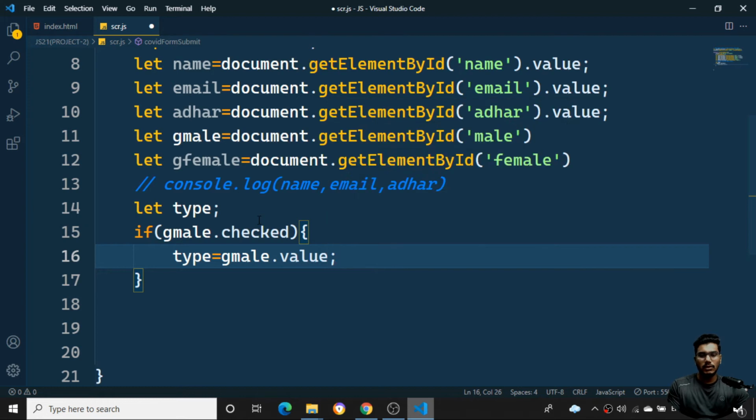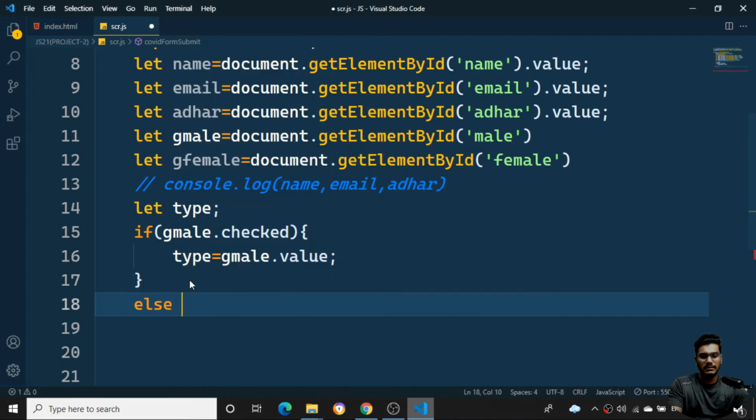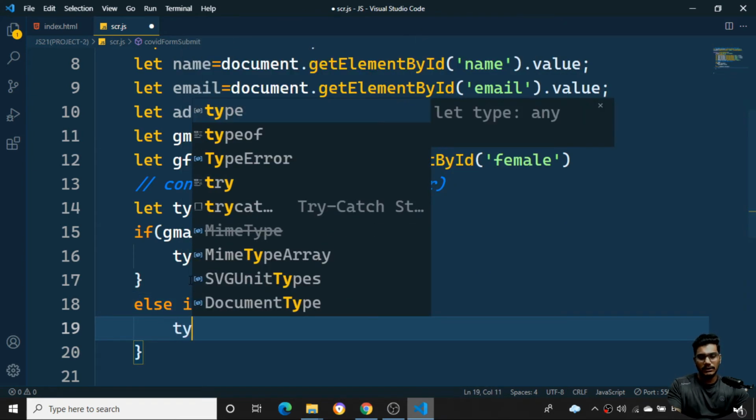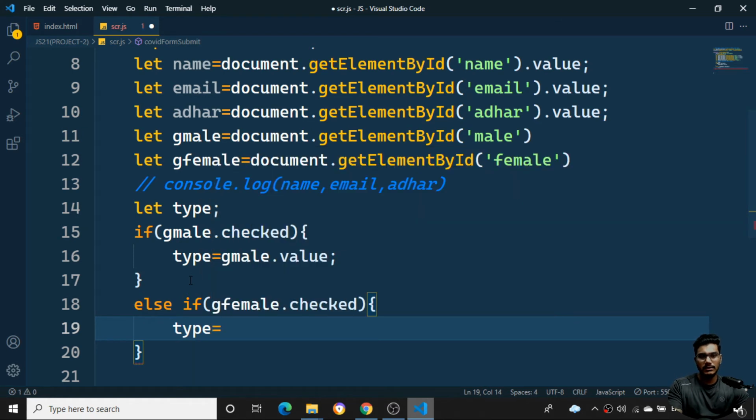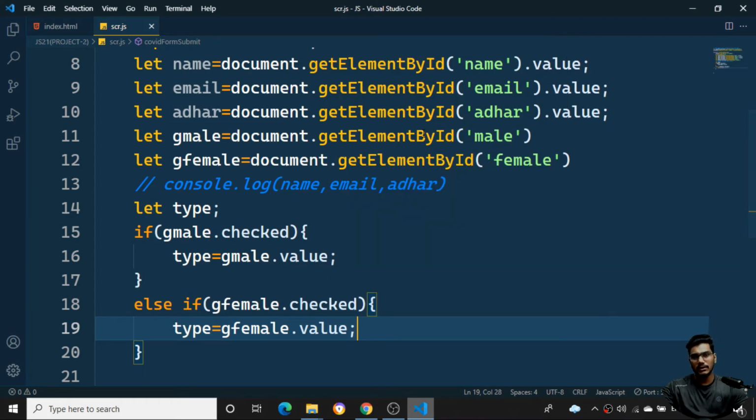Again, else if, I'll apply a condition. I'll say if the G female is checked, then whatever the type is, put it as G female dot value. I want to put it in this particular fashion.